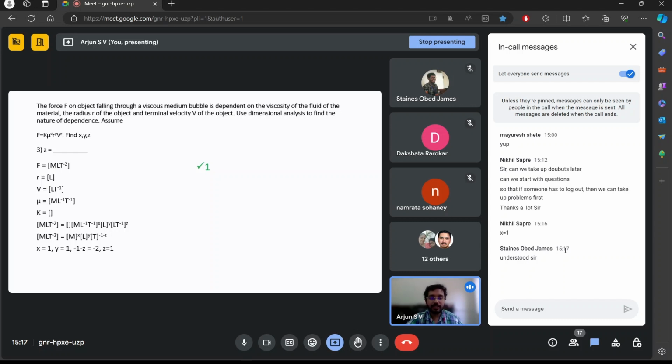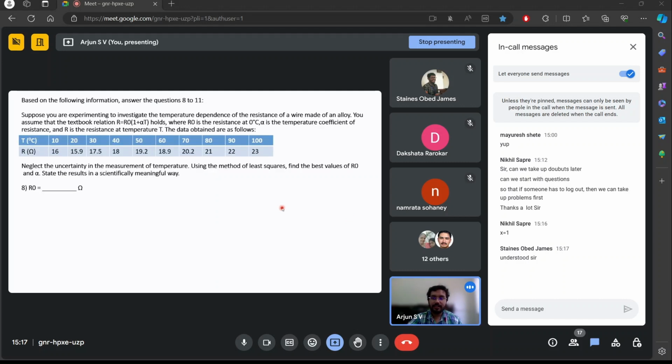I'll go on to the next set of questions, but instead of 4, 5, 6, and 7, I'll go with 8 to 11 first, because these questions are easy, and it also helps us to understand how to solve 4 to 7. So we'll go over 8 to 11 first. Based on the following information, answer questions 8 to 11. Suppose you are experimenting